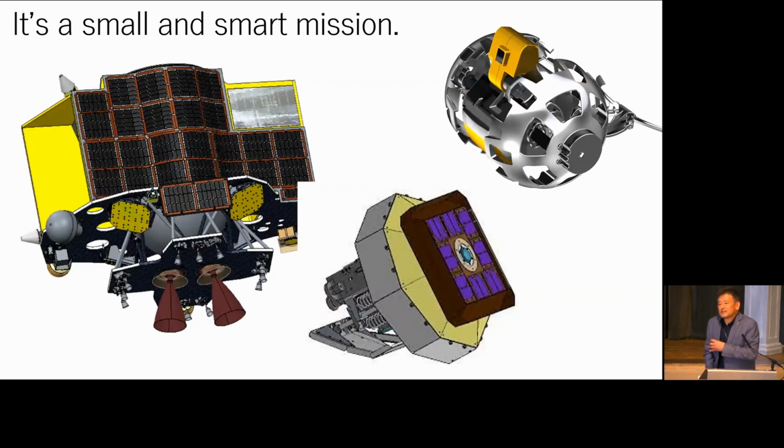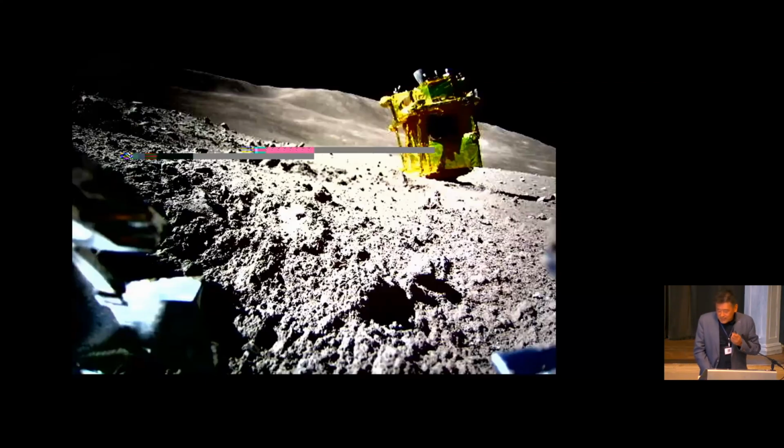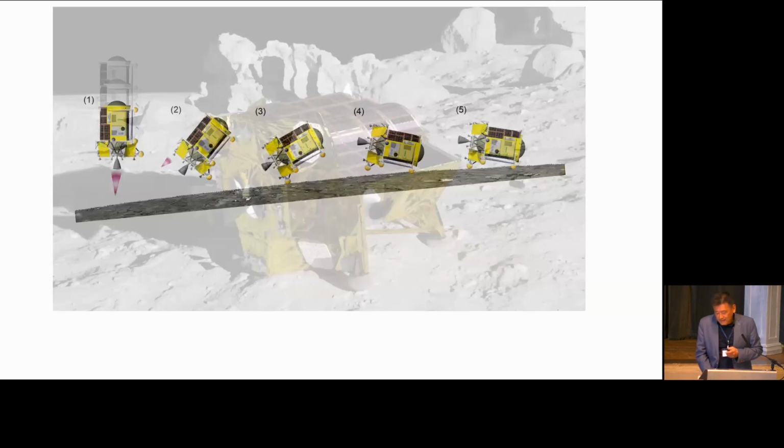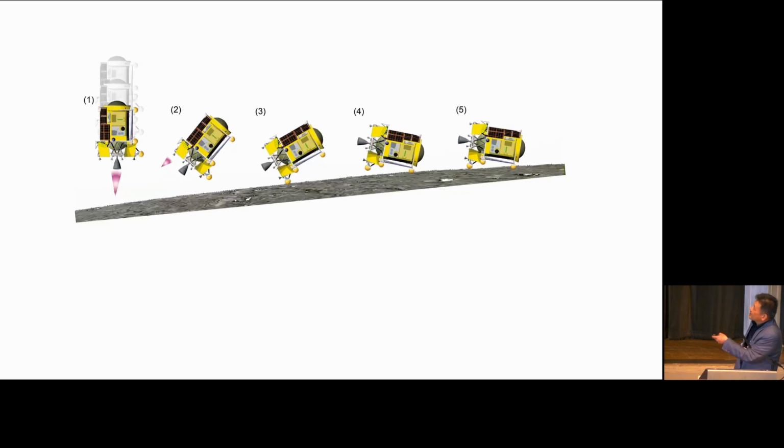Pinpoint landing, as well as 2 small robots alive and kicking on the surface of the moon. So this is really, I think, going to be an iconic image in the history of space exploration, I hope. But at the same time, this really tells us something, because we had planned to make SLIM land on the surface in this orientation. What I mean by this orientation is that you land like this, and then you try to clinch onto the surface of the moon so that you can land even in a slope area. And if we had managed to demonstrate this, if the thruster didn't drop off, and if we had managed to demonstrate this, we could have